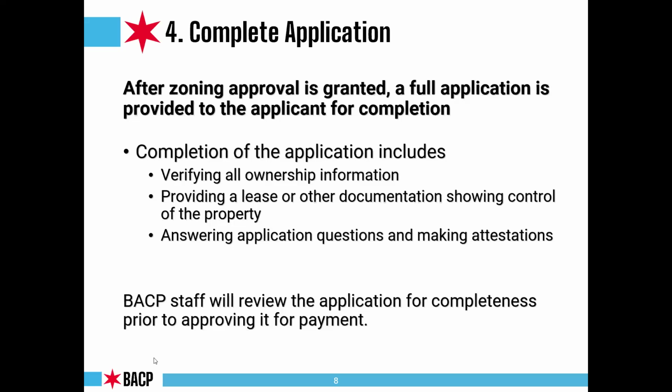Completing the application might also require you to provide us a lease or other documentation showing control of the property. On some occasions, we will need you to provide a lease to demonstrate or satisfy that you have control of that property. And then the application itself is going to have questions that you need to answer. You'll be making attestations, and so